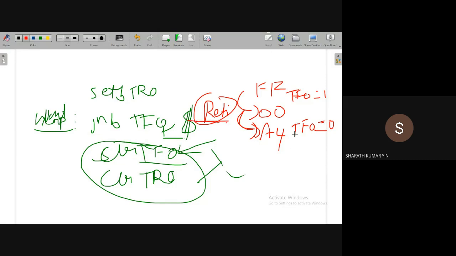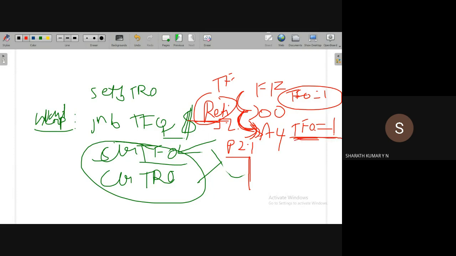If the RETI instruction does not reset the flag to 0, what will happen is, when the initial value is loaded to the timer, what is the condition of TF0? Let us assume it is not reset to 0 by the RETI instruction or by the microcontroller. It is still 1. When the timer overflowed, TF0 was set to 1 and P2.1 was complemented, from, for example, high to low. On the application of the next clock pulse, the initial value is loaded to the timer. At this point, TF0 is still set to 1.